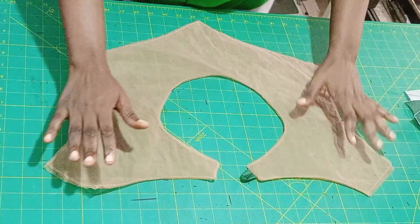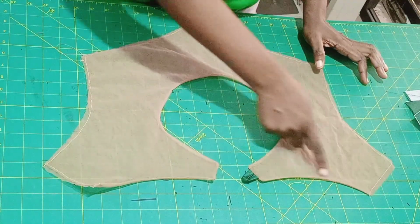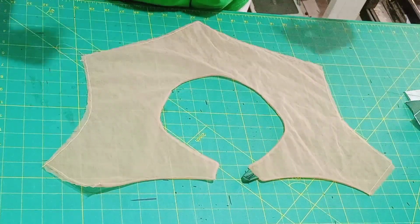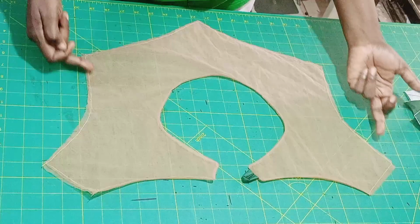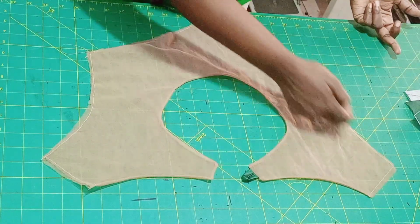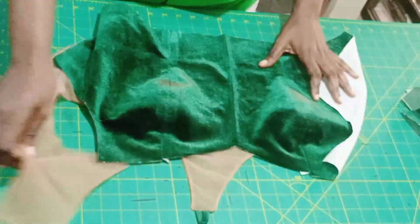So guys, this is the yoke. I've gone ahead to sew the neckline. When I sew, I turn it over, then I just use my stitch to sew on this like this, so that everything can stay in place. So you're going to take your front piece,